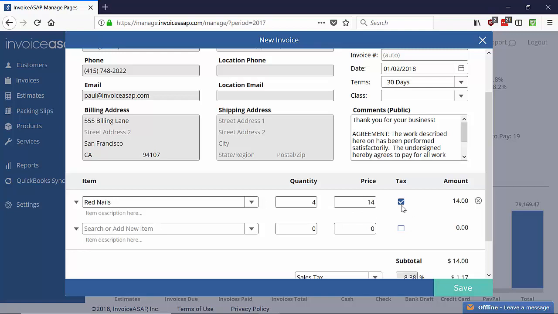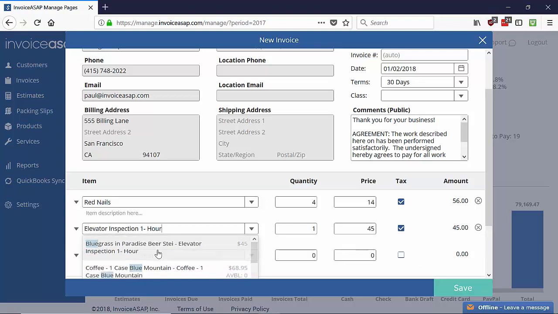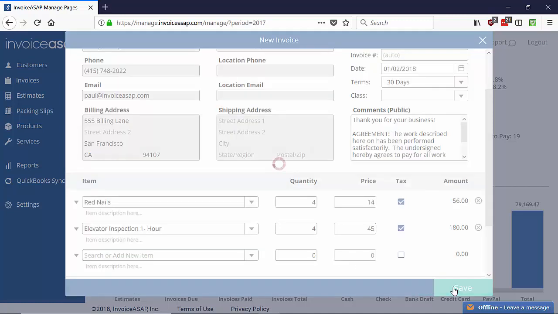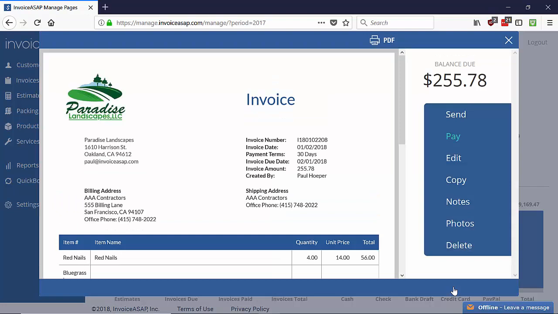So again, to add an item, we're just simply going to type in any existing item that we know about. And we can adjust the quantity and price. And when we click save, what we're going to get is a version of the invoice that your customer will